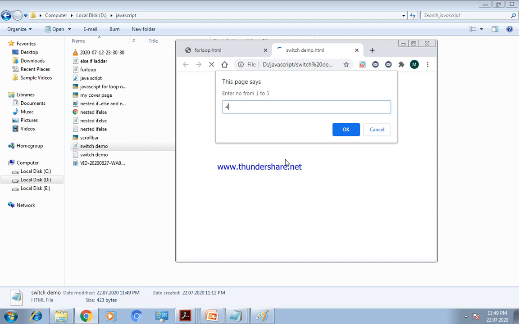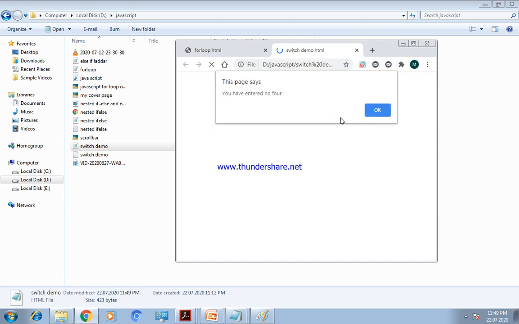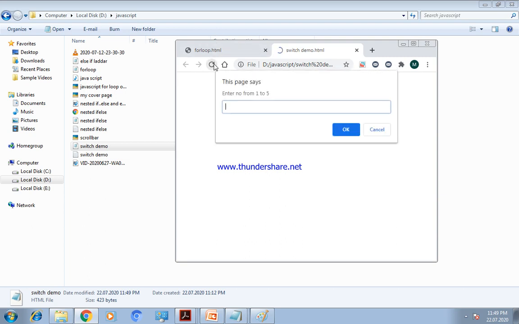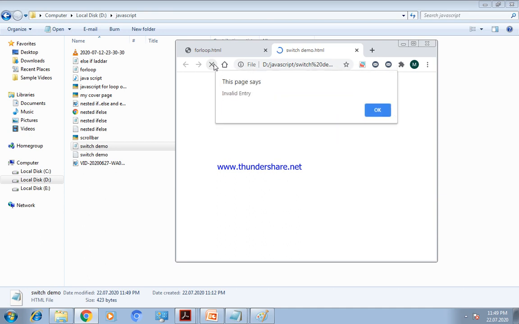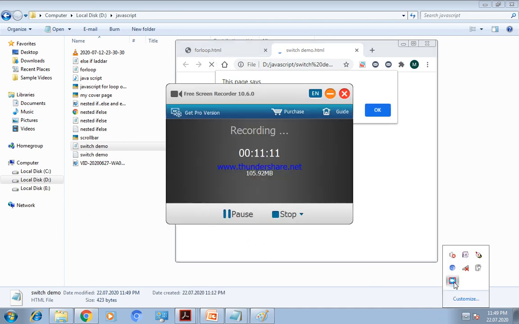Here, entering a number, suppose I enter number 4, so it executes you have entered number 4. But suppose I enter a number higher than 5, suppose I enter 7, it shows invalid entry, because we have taken only case 1 to case 5. So I hope that all of you understand this topic. I am expecting that everybody writes the notes, and you have to submit all the notes to me from tomorrow onwards. Okay.